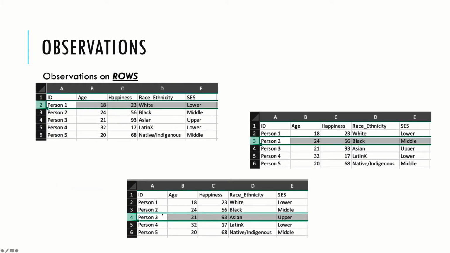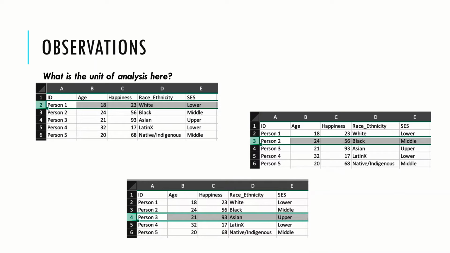Many of us have probably seen an Excel spreadsheet before. In an Excel spreadsheet, that's often how data sets are depicted. Sometimes you'll be sent a data set and it comes in Excel spreadsheet format, whether that's an XLS file or a CSV file. They're just a spreadsheet with rows and columns. Observations are the things on the rows. So we see person 1, person 2, person 3, person 4. So the unit that we're measuring is going to be at the people level, the person level. So here we're looking at people.